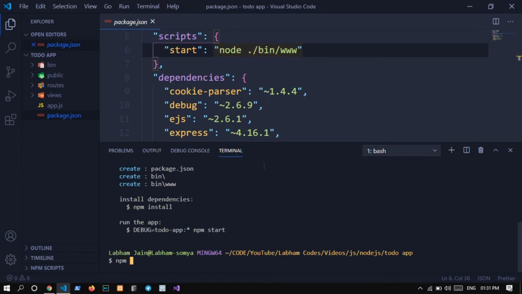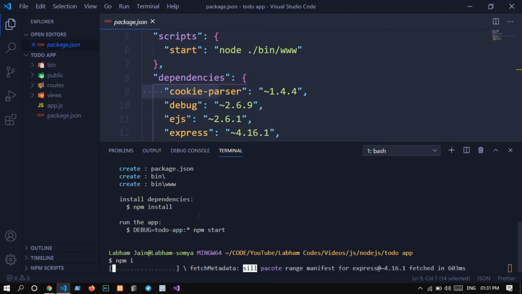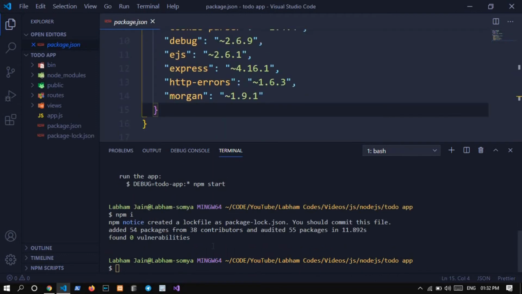Just let's focus on this npm i to install these dependencies. And if you note that there is no node_modules folder, this will create that and install them. Okay, so node_modules has been installed.